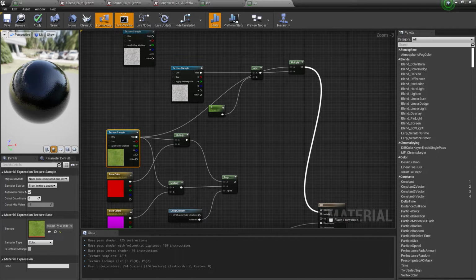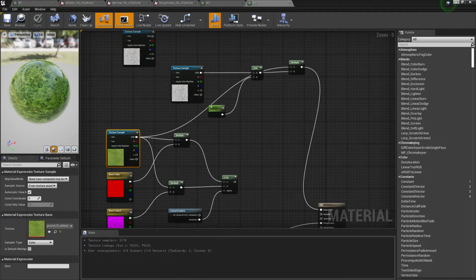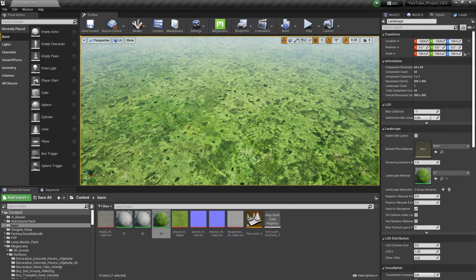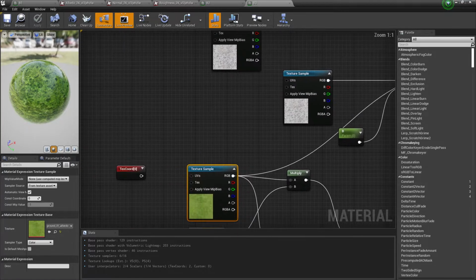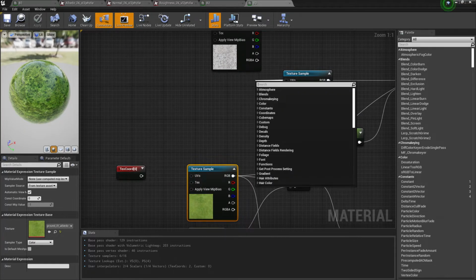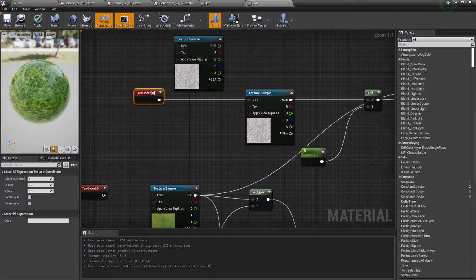Okay, so if I show you, from the base, then you can annotate with your base color. So as you can see, there's a variation that comes. If I play, as you can see, there's some variation. Okay, so for making this somewhat randomized, we can use the texture coordinate here. So let's use the texture coordinate, and